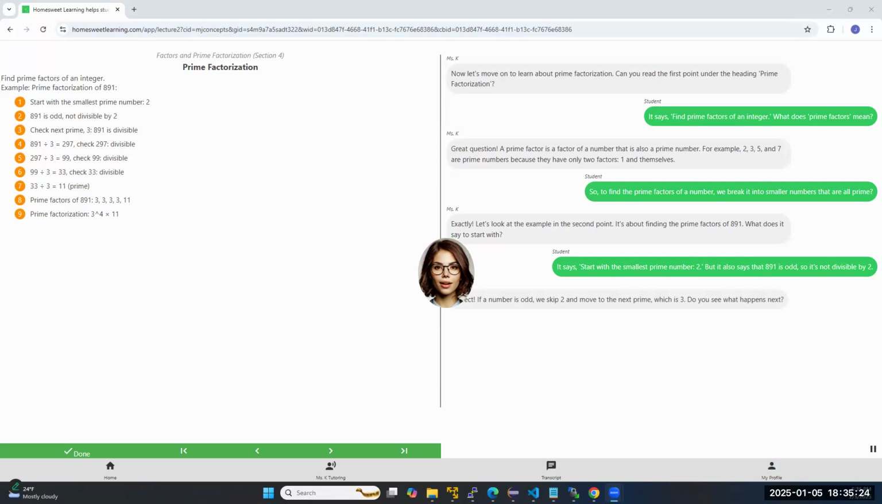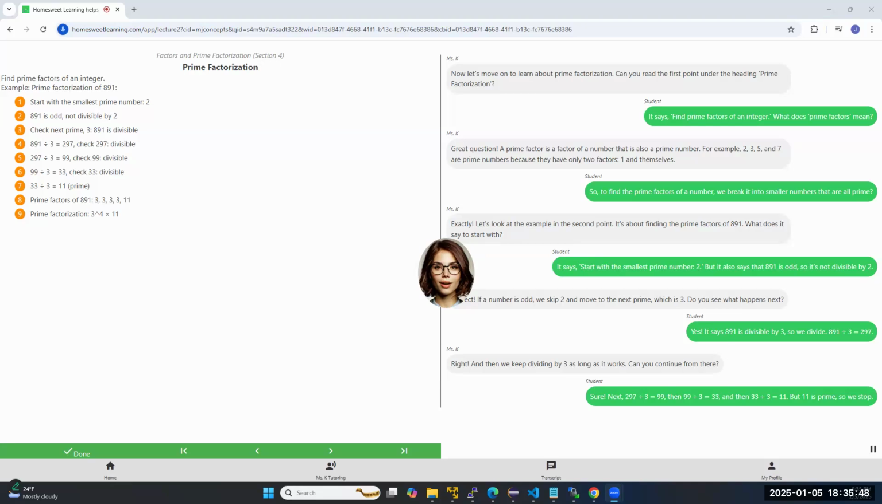Do you see what happens next? Yes, it says 891 is divisible by 3, so we divide. 891 divided by 3 equals 297. Right. And then we keep dividing by 3 as long as it works. Can you continue from there? Sure, next, 297 divided by 3 equals 99, then 99 divided by 3 equals 33, and then 33 divided by 3 equals 11. But 11 is prime, so we